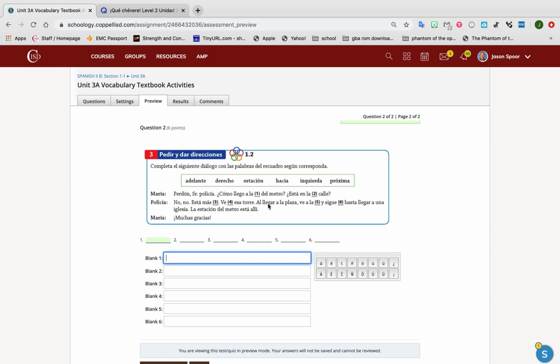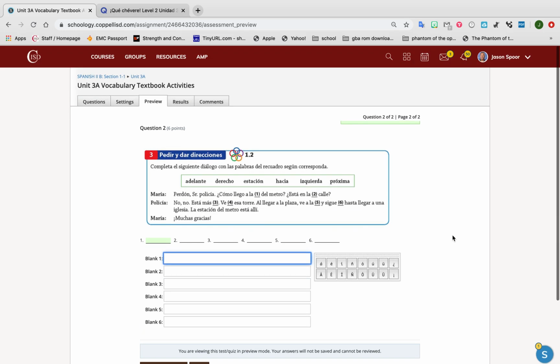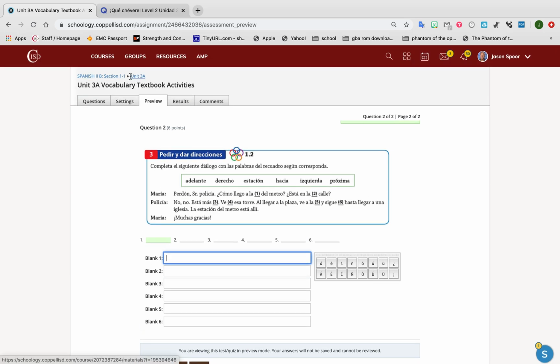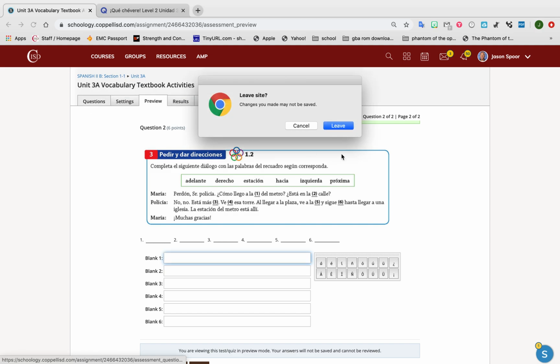Okay, and so he gives directions here. Kind of tells her how to get there. So these are important direction words here, not the estación, but these other words are important words for giving directions. All right, and then the last thing that we're doing, let me exit out of here,